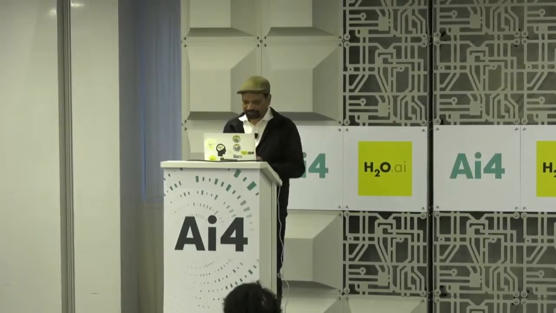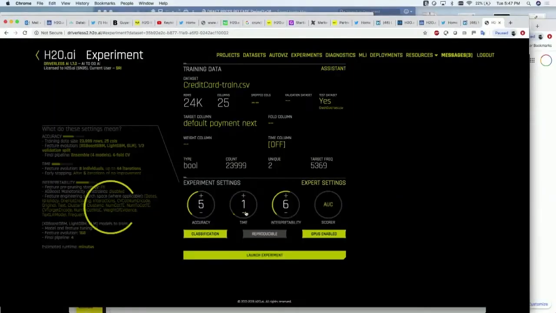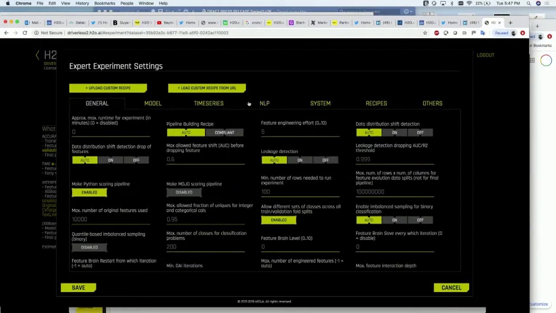Showcase what we mean by these recipes. So here we'll take the classic quintessential example. I don't know if you ran this one earlier. The credit card training and test data set, right? Predicting who will default payment next, right? And this owes to our grassroots, which we came from the credit card space.